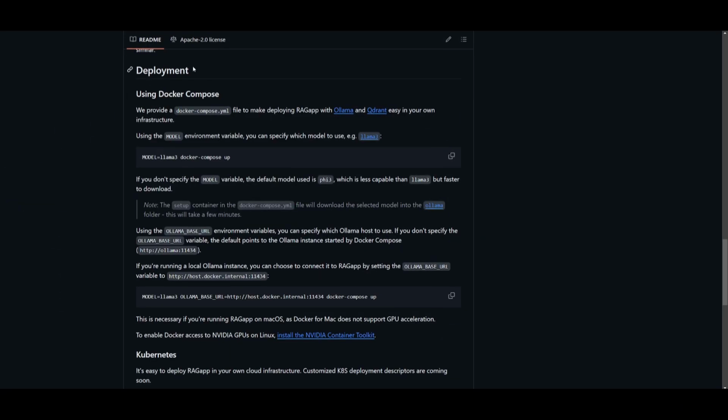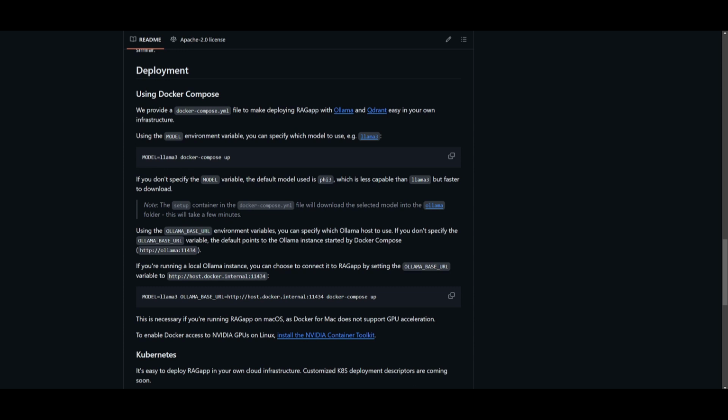And something also to note for the deployment process, that you can use Docker Compose and you can utilize this command so that you can deploy the RAGApp with Ollama as well as with Qdrant. And this is for their easy infrastructure adaptation. So you can utilize the models quite easily with Ollama. And this is something that I truly recommend that you utilize if you're going to be utilizing open source models from Ollama, whether that's uncensored models. But in this case, we're going to be utilizing OpenAI's model because I believe that's the easiest and it's the best model to interact with your